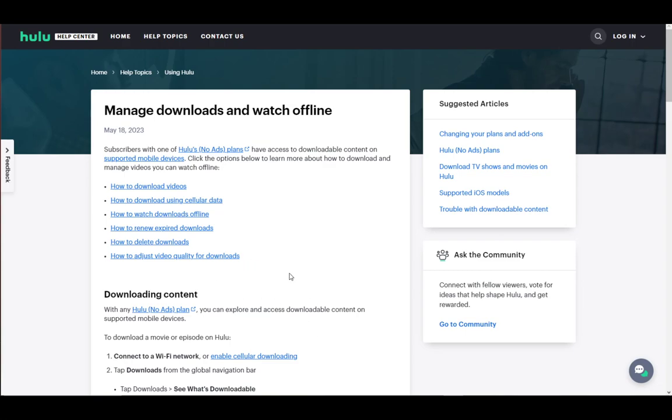First and foremost, Hulu is an online streaming service akin to Netflix, on which you can stream videos such as episodes of shows, shows in general, films, and so on and so forth. Now, as with any other service of that nature, it is online, meaning that you have to be connected to view videos. However, there is a way to circumvent that and a way to watch videos offline, and that is